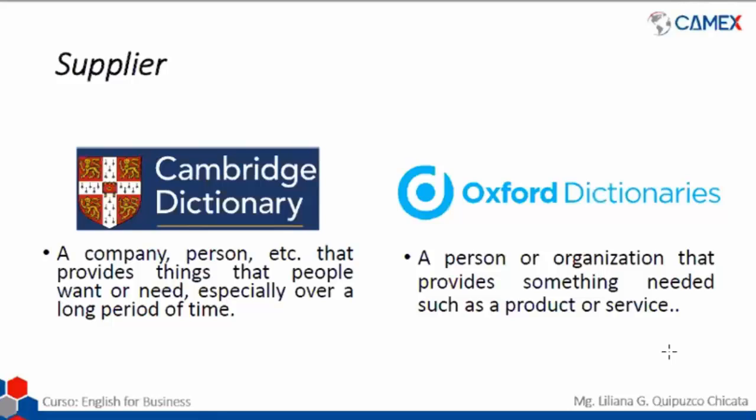combining these two meanings, that a supplier could be over a long period of time or a short period of time. Okay, so it is not going to matter the time that you're going to build a relationship. But in general, a supplier could be a person or a company that is going to provide you with a product or a service for a time that you and your supplier are going to talk and get together and think maybe for how long it would work. Okay.